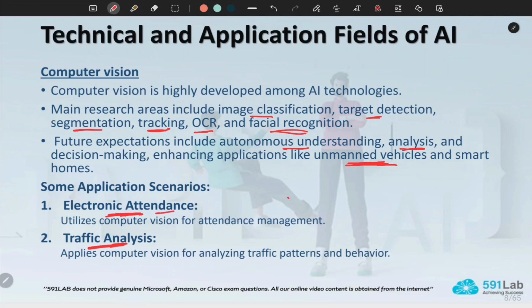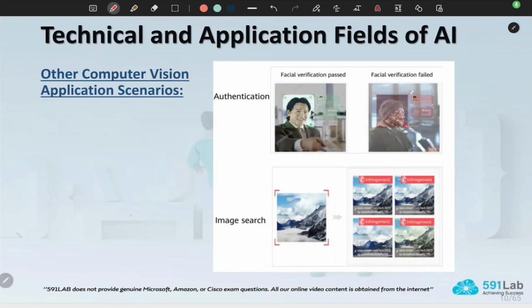Traffic analysis, you can also use cameras to track and analyze the traffic. And some other computer vision application scenarios are authentication and image search. Authentication, same thing as facial recognition for unlocking your phone, and image search is by uploading your image and searching for it on the web.